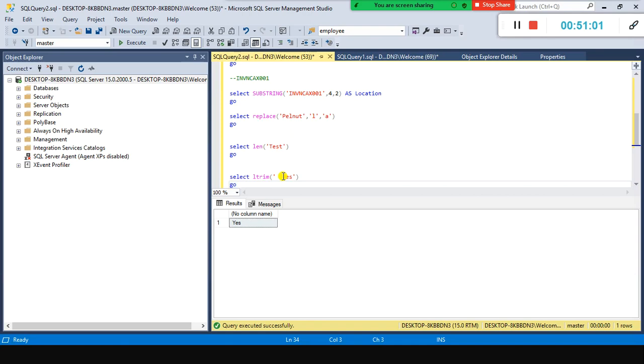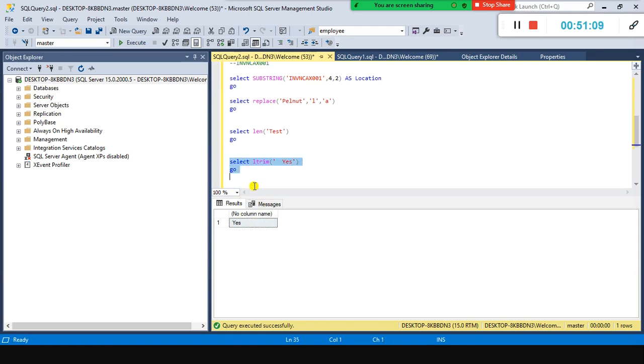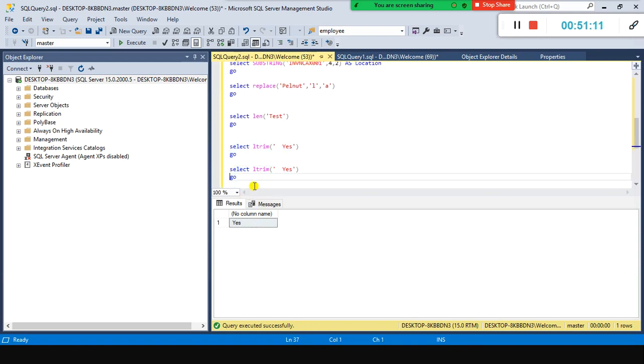If I don't use it, it'll leave 2 spaces before yes, and then display that. Look here, 2 spaces are there. But when I use LTRIM, watch closely, now the y is displayed on the left side.